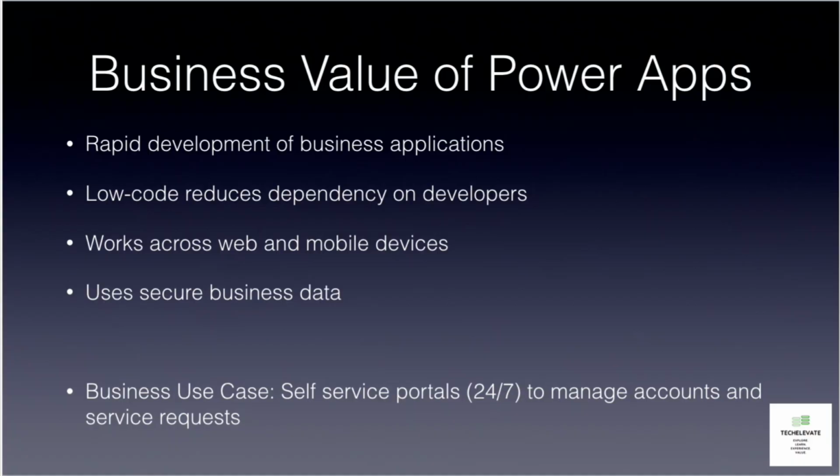So if someone's in the field or at a remote location, they can connect from a tablet to the centralized database store and get that information in real time, as far as what's in stock, and that makes it overall more efficient than the manual tasking. Okay, so this is the business value of Power Apps, and we will move on to